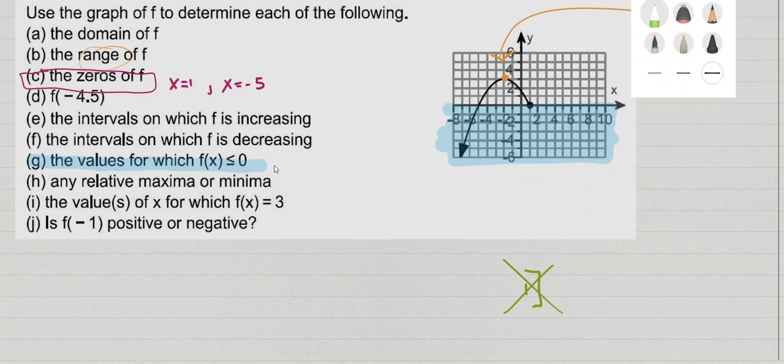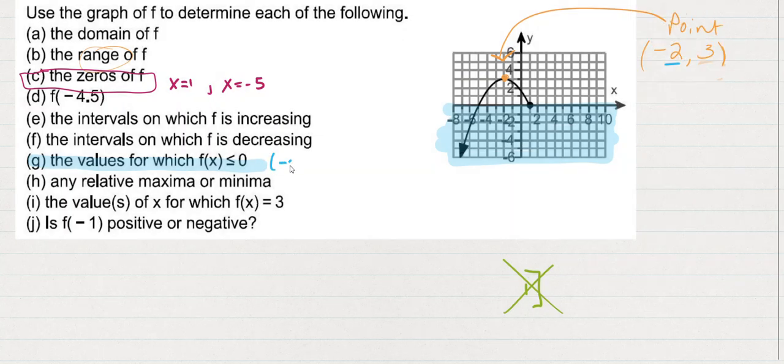We'd say the values for which f of x is less than or equal to 0. It's all the values for which the value of the function is below 0, so the height is below 0, or equal to 0. So we'd say from negative infinity up to this point, negative 5,